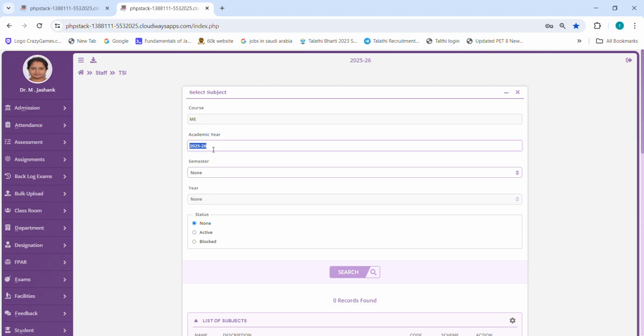Select the academic year. In order to change the academic year, press the arrow buttons. कीबोर्ड पे जो एरो बटन्स है अप और डाउन वाला, वो एरो बटन प्रेस करके आप ये ईयर बदल सकते हो. So I will select the academic year 24-25